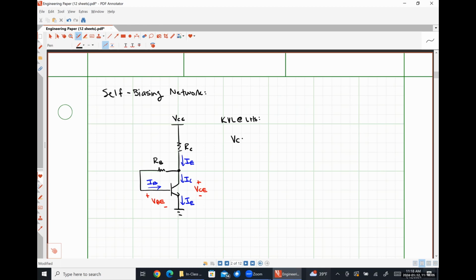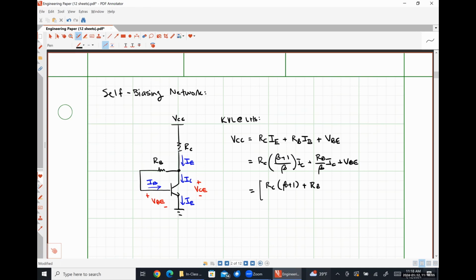So that's going to look like VCC is equal to RC times IE plus RB times IB plus VBE. So that's going to be RC times (beta plus 1) over beta IC plus RB over beta IC plus VBE, or RC times (beta plus 1) plus RB, all divided by beta, IC plus VBE. So there's one equation where the unknown quantities could be expressed in terms of either